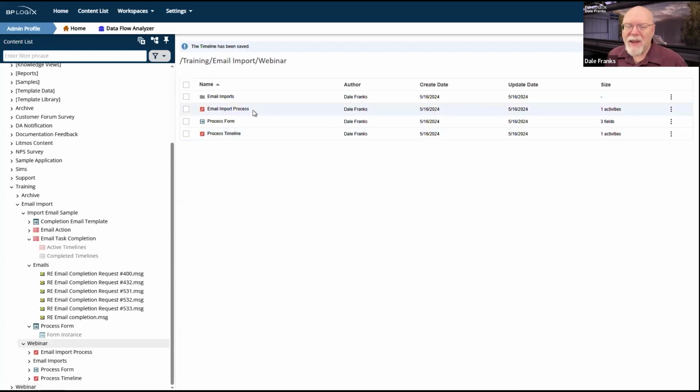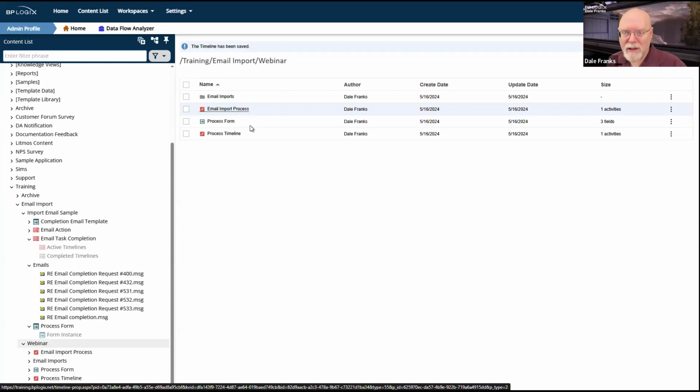So I have to have some way of running this import process to actually process that email with a specific timeline activity instance, is actually what I'm trying to associate it with. And right now I don't have that.